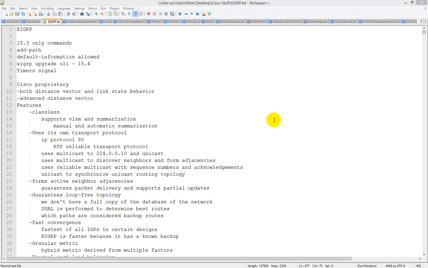So EIGRP uses multicast to 224.0.0.10, and it also uses unicast. It uses multicast to discover neighbors and form adjacencies, and then it uses reliable multicast with sequence numbers and acknowledgments to make sure that everything stays up to date, and it uses unicast to synchronize the routing topology. So pretty straightforward for the most part, but it's important to understand the details. And we'll get into all of that coming up. Like everything I'm covering right now, and through to the end of this video, we'll go into the details of